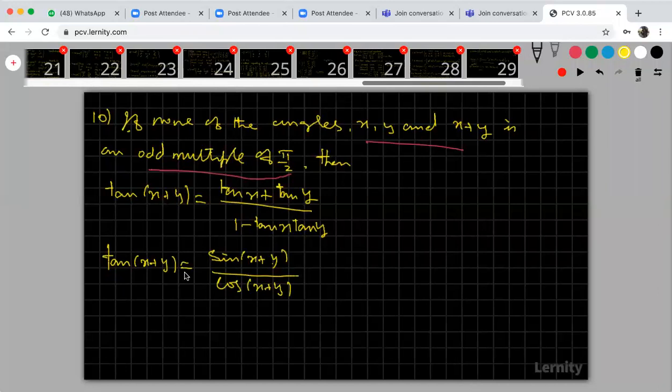Okay, right. Now look at that. Your cos of (x + y) is the denominator. Suppose your x + y is an odd multiple of pi by 2. That means cos of an odd multiple of pi by 2. Suppose your cos x is equal to